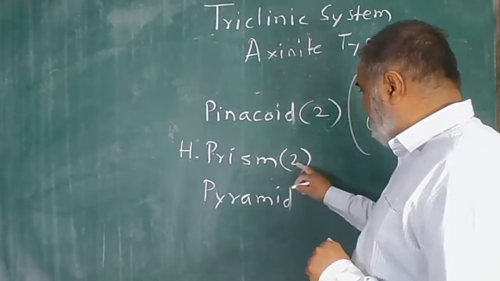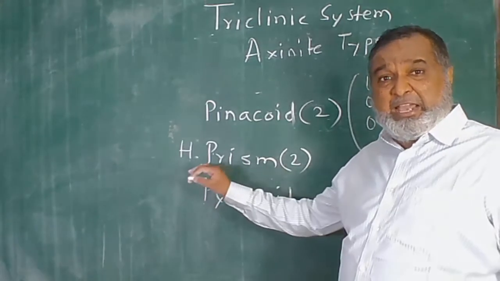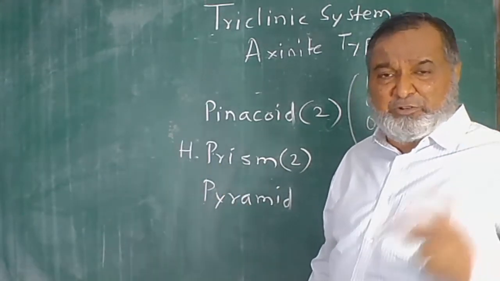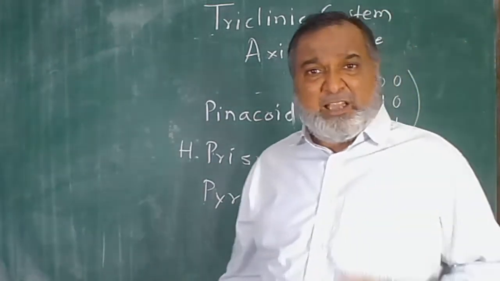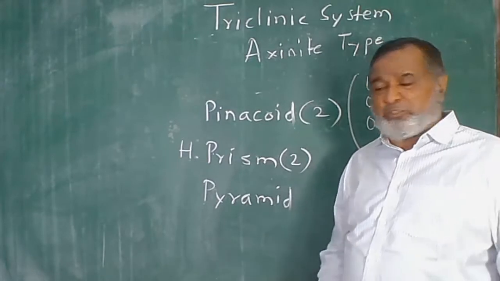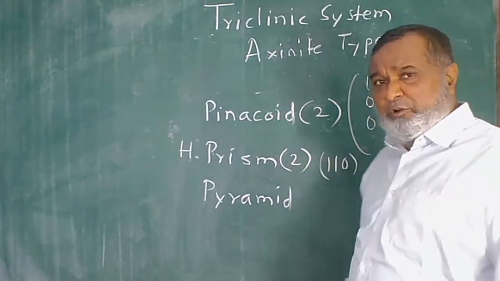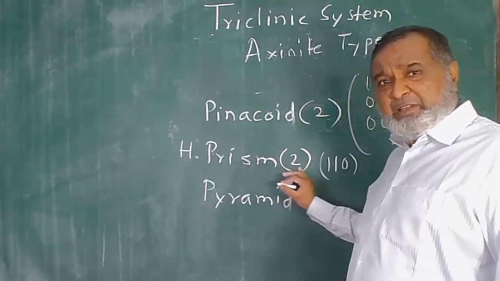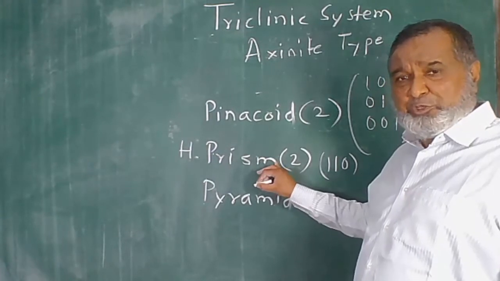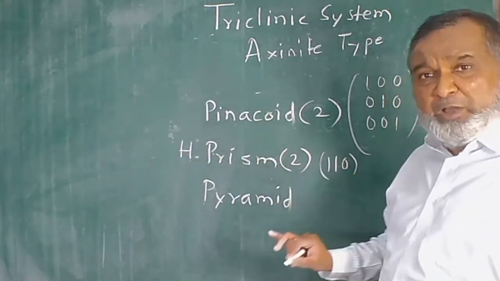But now in this case, there will be two faces. So what are we going to write as the name? Hemiprism. Yes, it consists of two similar vertical faces. The index face is going to cut your A and B axis and remain parallel to C. So 1, 1, 0. Here also the indices remain the same, whether four faces or two faces. Prism having indices 1, 1, 0, but now the face number has reduced to 2, so we write hemiprism, but indices 1, 1, 0.